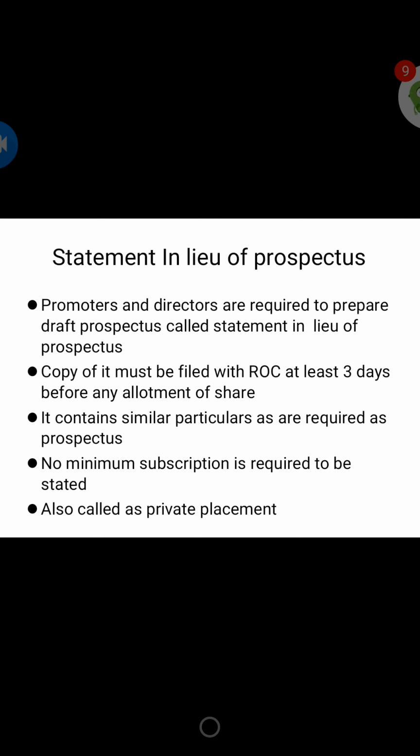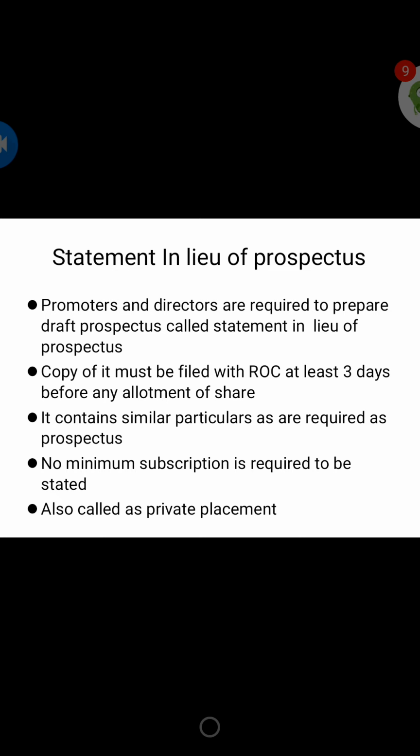The next is statement in lieu of prospectus. This statement in lieu of prospectus is also called private placement. Why is it called private placement? Normally a prospectus is issued by a public company to invite the public to subscribe to its shares. But in this case the company is public, yet it does not want to collect funds from the public. If a public company is confident of collecting the required capital from a private circle, meaning friends, relatives and the like,